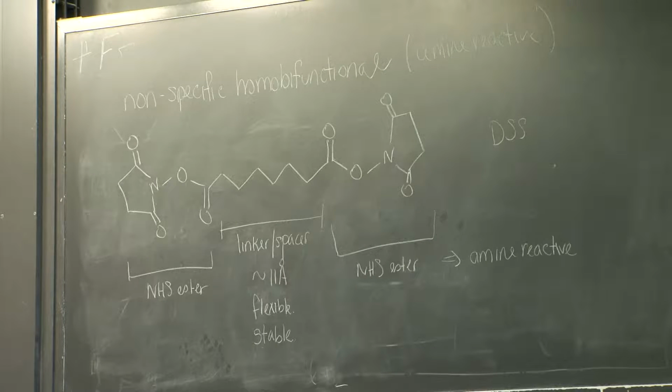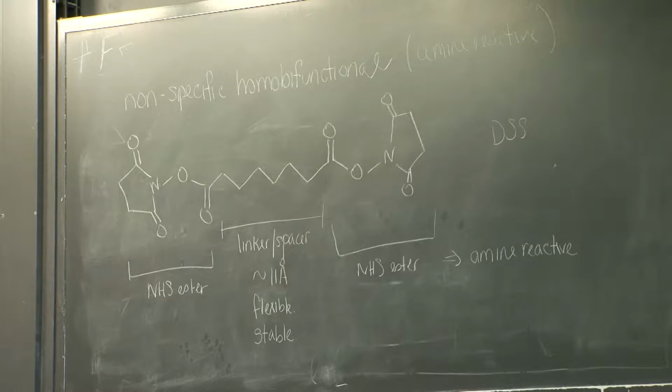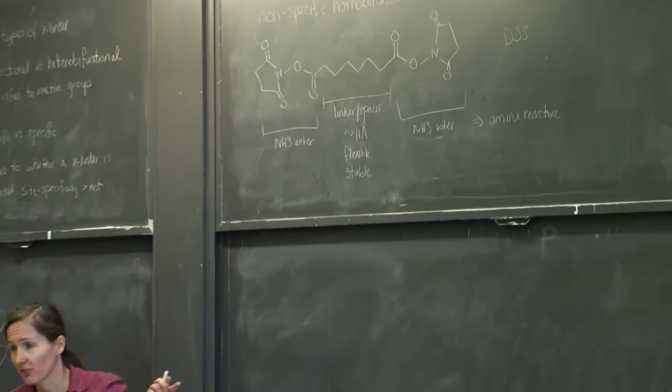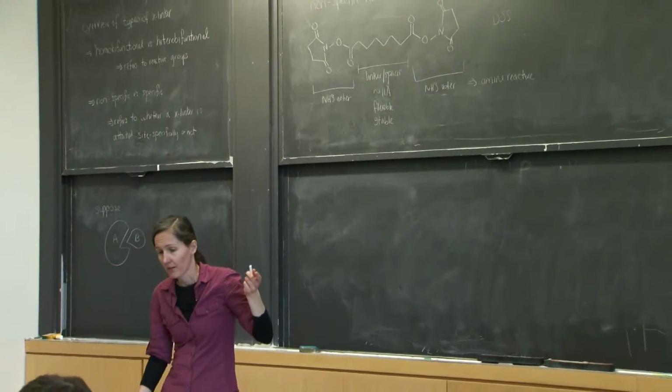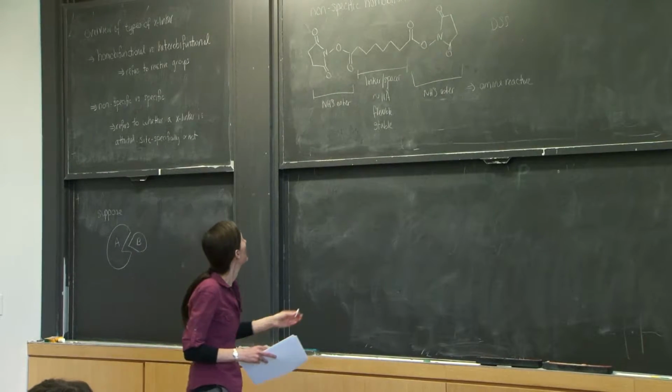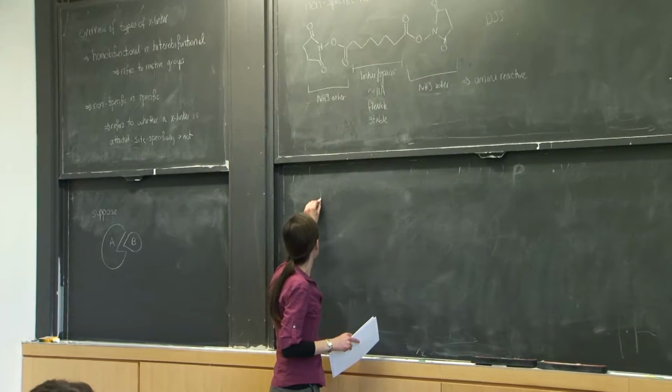But imagine if you want to do cross-linking in a live cell, you need that cross-linker to get into the cell. So you need to think about membrane permeability, and what happens after that. So the linker is another critical aspect, and if you're ever working with a cross-linker, that's something you want to think about in addition to what types of side chains or biomolecules you want to modify. So let's look at an example of a hetero